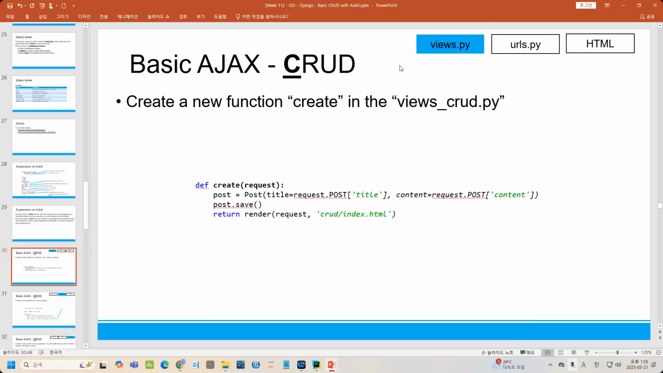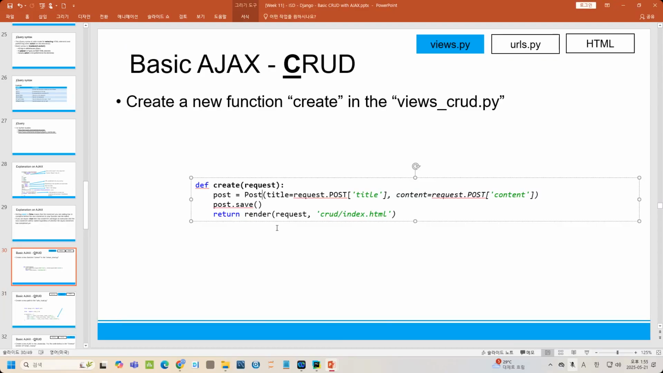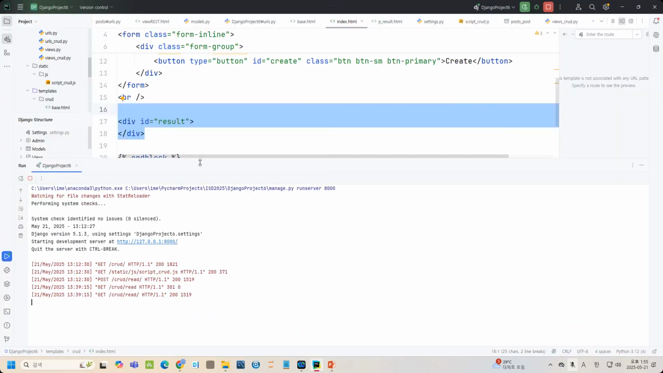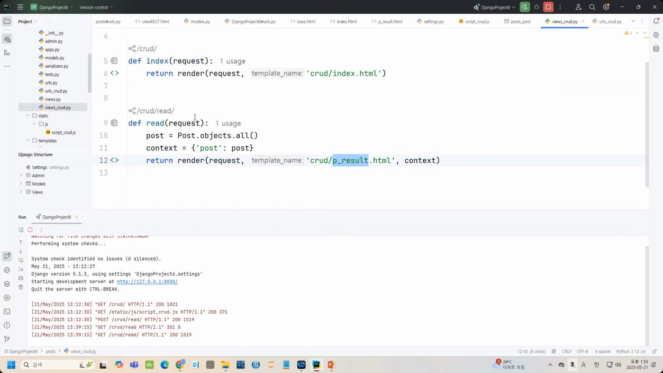The remaining thing about this section is the proof using the AJAX. And first, you need to create the function. So we need to create a new function create in the fuse_CRUD.py. So in the fuse_CRUD.py,